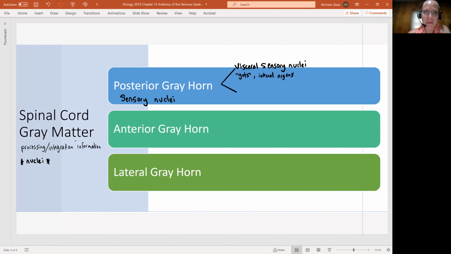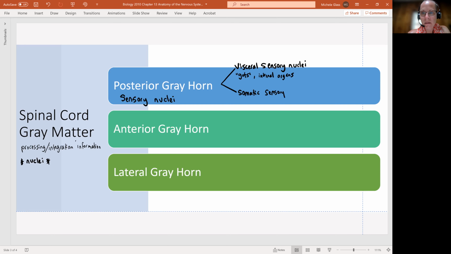So calcium levels, gas levels, pH levels, all of this sort of information that ultimately becomes controlled or regulated by the autonomic nervous system. All of that sort of visceral sensory information is going to be processed by this particular collection of cell bodies. The other posterior gray horn sensory nuclei would be referred to as the somatic